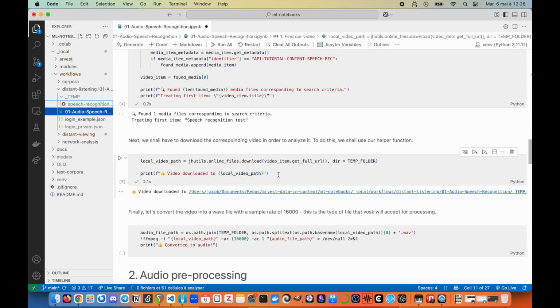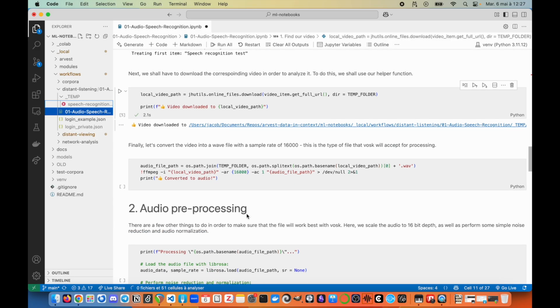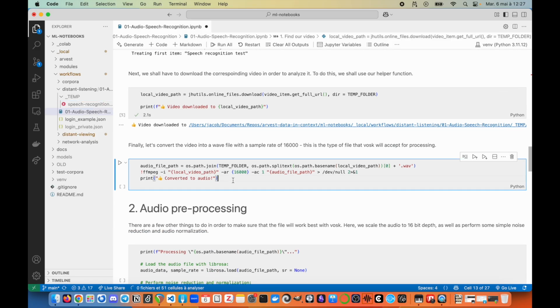It's just to demonstrate how this would work if you had a video that you had hosted on Arvest. Obviously I could have just used the video that I already have on my computer, but it's just for demonstration purposes. And then what I'm going to do is